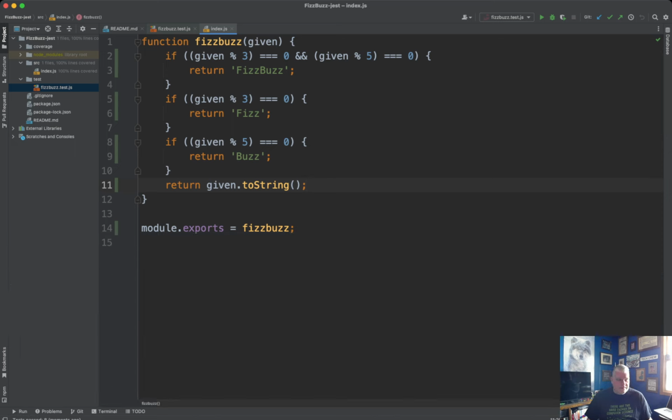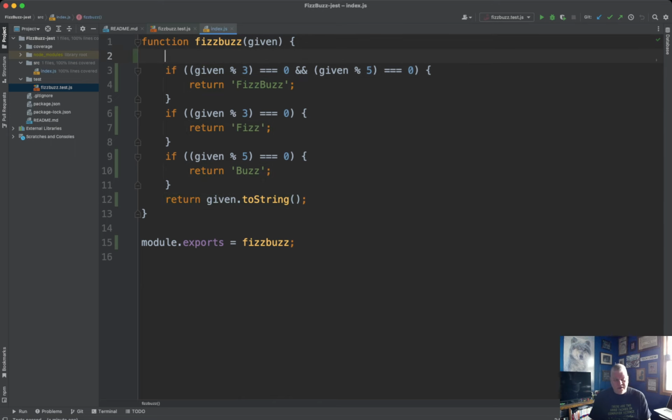Now, I'm going to look at this code and say, well, what could I do here? This seems redundant. I'm doing the same expression in two different places. Given mod 3 equals 0 here, given mod 3 equals 0 here, given mod 5 here, given mod 5 here. That seems redundant. And I know that I want to return FizzBuzz when both are true. So here's a tactic, and this is kind of a big leap. I know some people might do this in more steps, but I'm going to say let